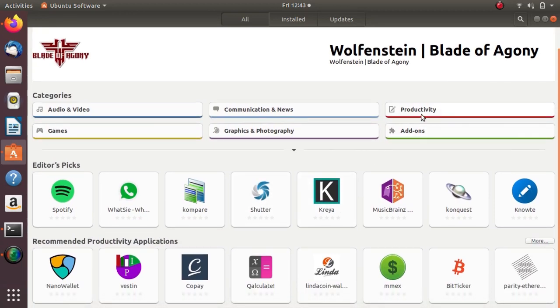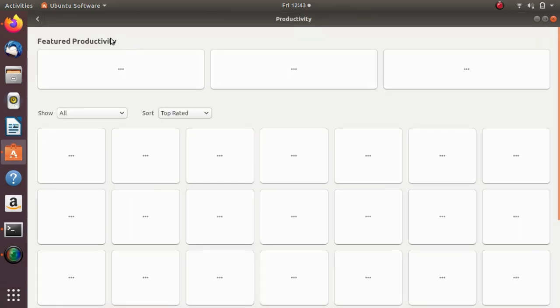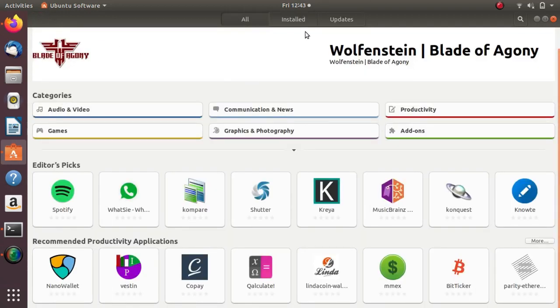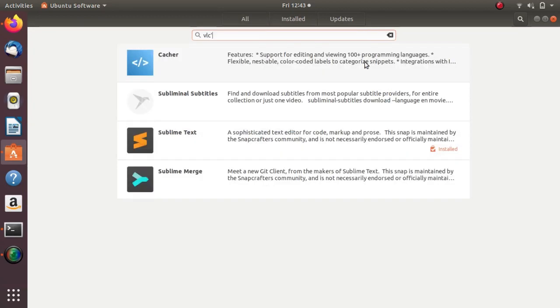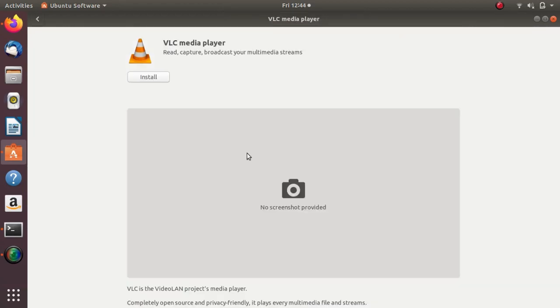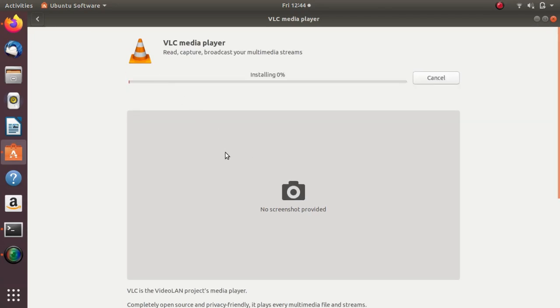If some softwares are not available in Ubuntu Software Center, you can install them in another way. First of all, let's install VLC. Install. The VLC is installing.